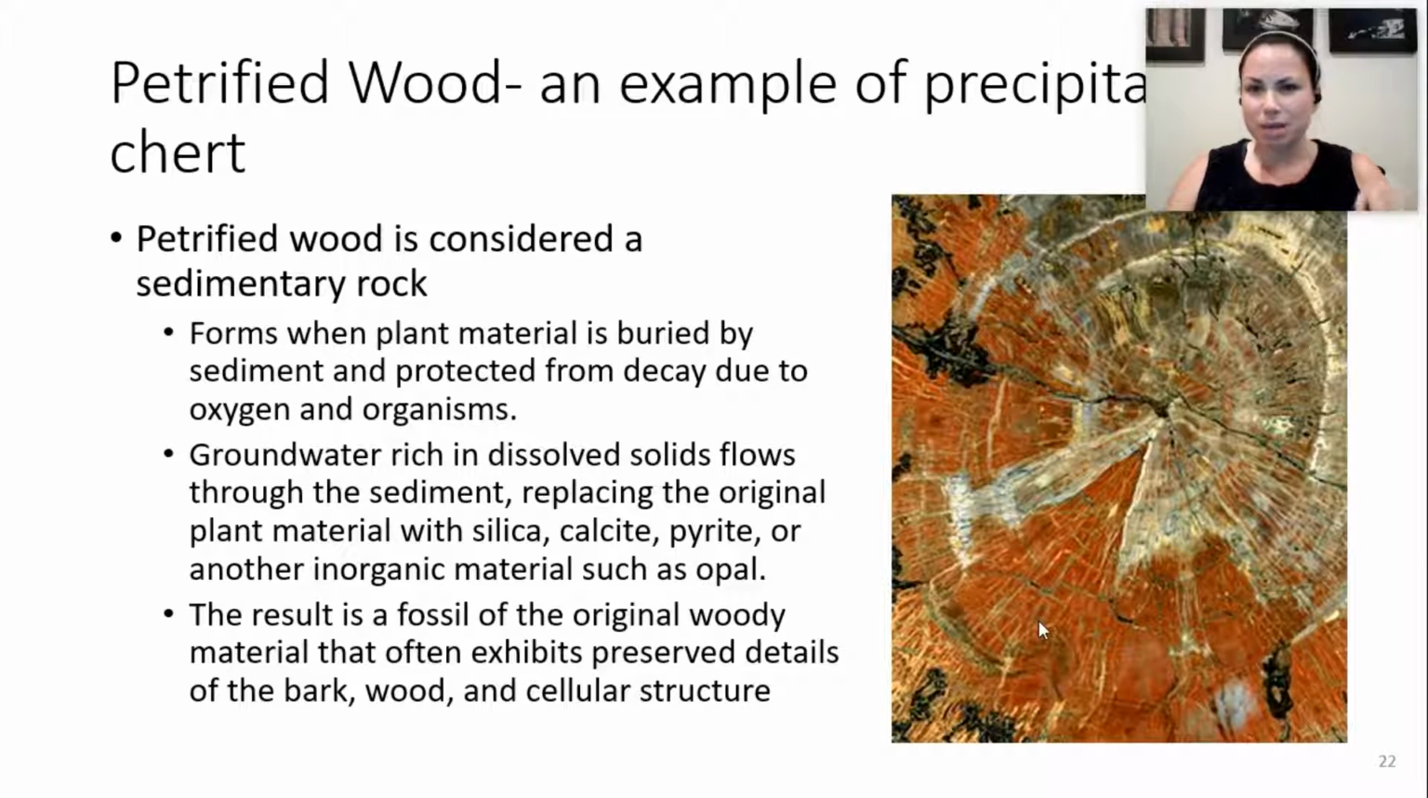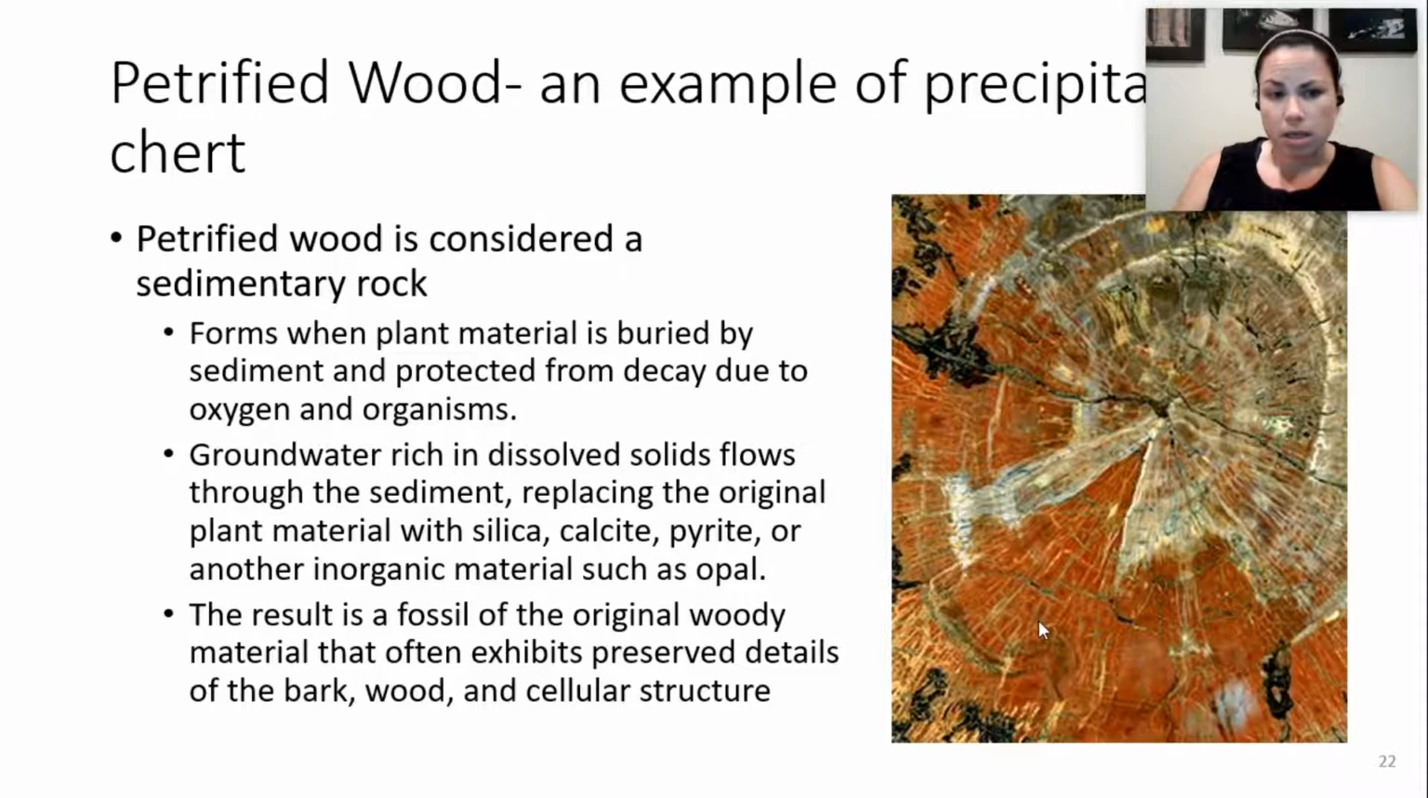Here's an example of precipitated chert, petrified wood. Petrified wood is actually considered a sedimentary rock. And it forms when plant material is buried by sediment and protected from decay. So typically, if you have a tree that's fallen over, it would rot over time. But if it gets buried, then it's protected from the oxygen and other organisms that could cause the wood to